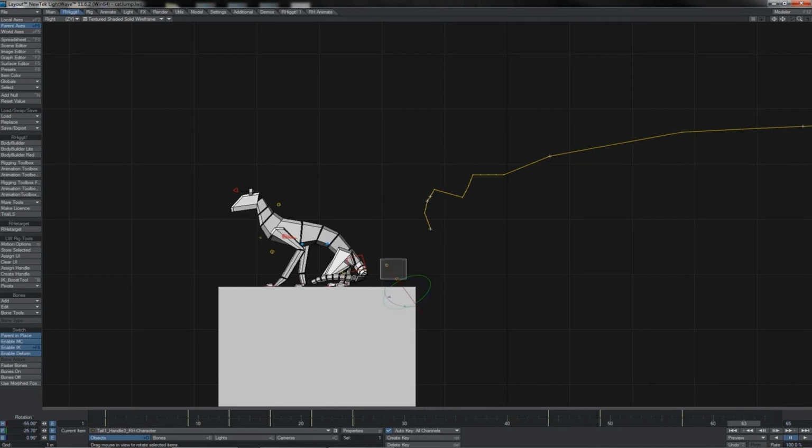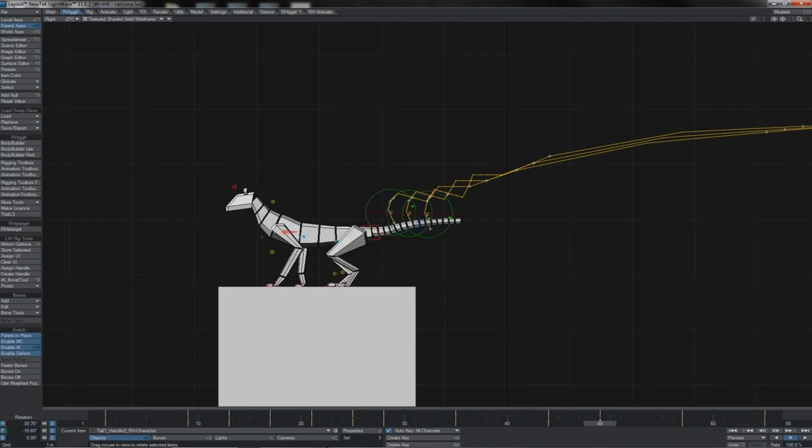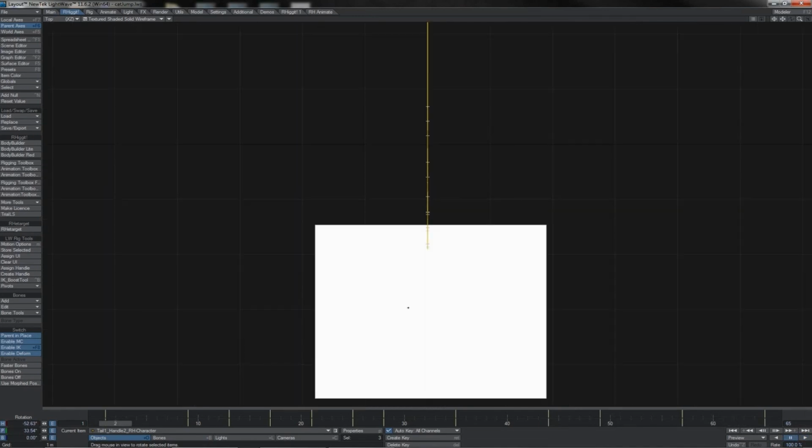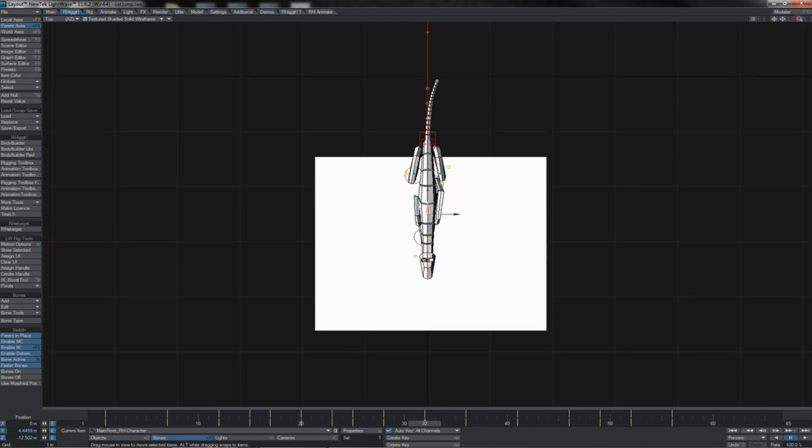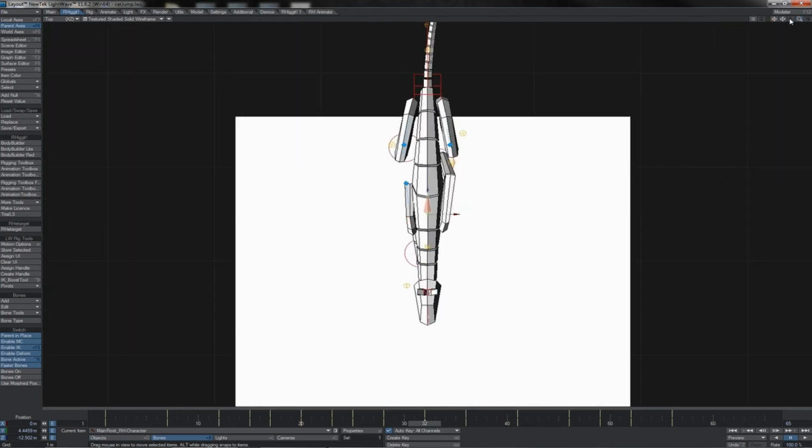So let's grab his tail controls and let's just pull those out. A couple more frames there, I think. Let's see how that is. Yeah, it's not bad. A last little touch then, as he lands and he goes into a step. Of course, at the minute he's moving completely straight line forwards. We will want to shift him side to side, I think. I should probably have looked at that before, but it's just as well to do it now, quite frankly,